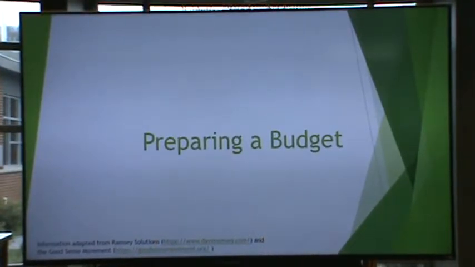But I just have a few slides about a little bit about budgeting. And then what I'm going to do, really spend most of my time, is going over how to use this particular form, but then also how to use an app called Every Dollar. So just to give you different options, because the best budget is one that you're going to use. So everybody's different as to what works best for them. So we'll go through a couple different options.